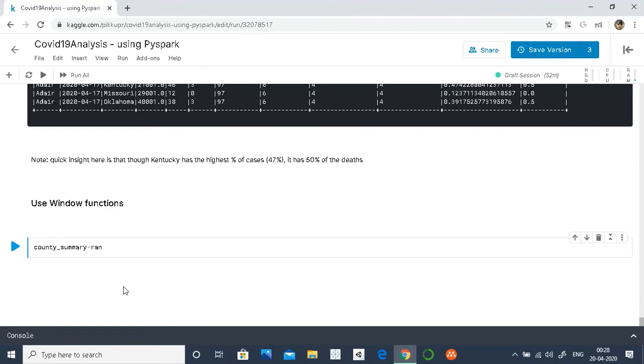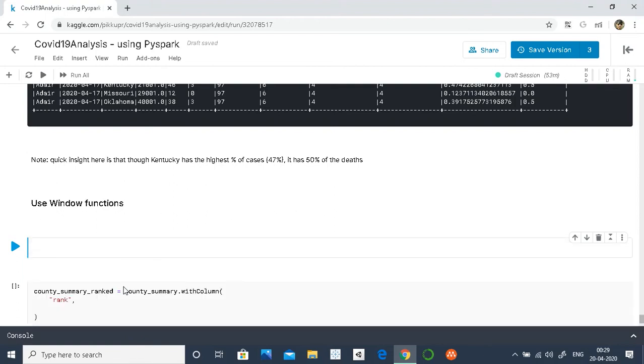How do we do that? We will create a new data frame which is county summary rank, and we will create a new column inside that. The name of the new column will be rank, and now here will come the logic to create the rank.